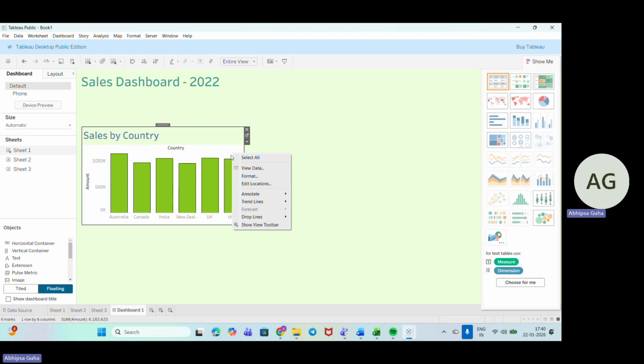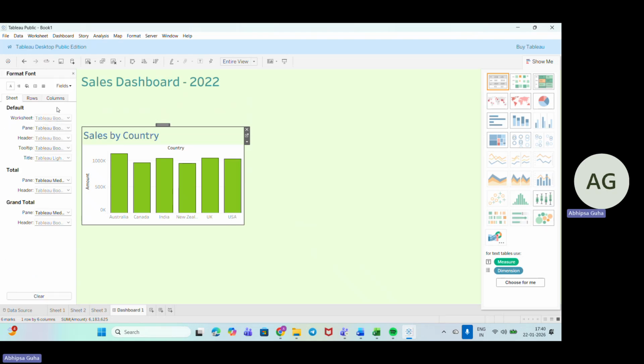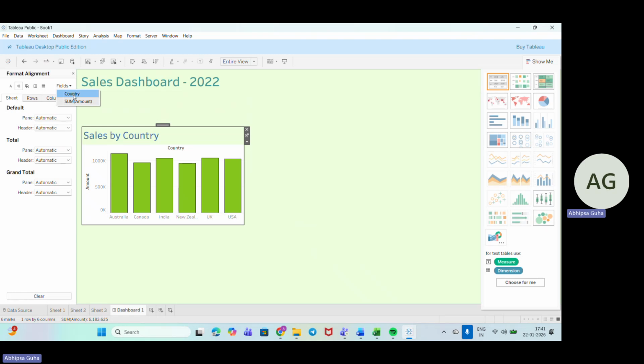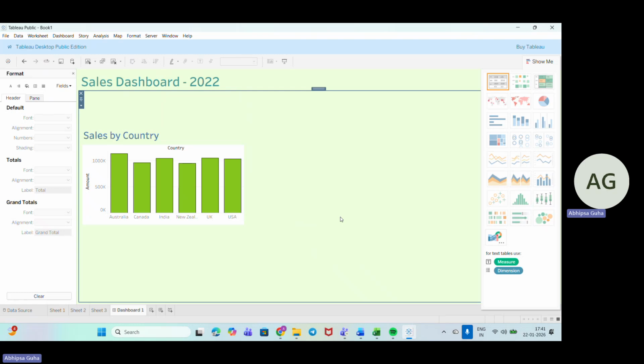We will be adding here also. If we need any addition or anything, we can do it like this. These are the fields about the country, and if we need to add anything, we can do that. As of now it looks good to me. I don't need to change anything. That is good to go for me.